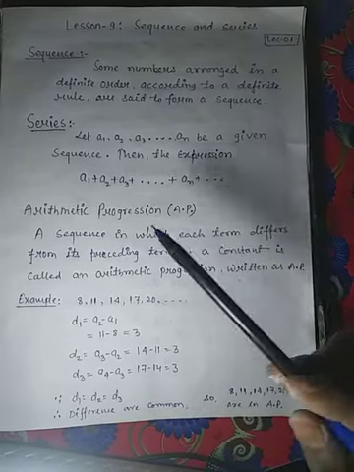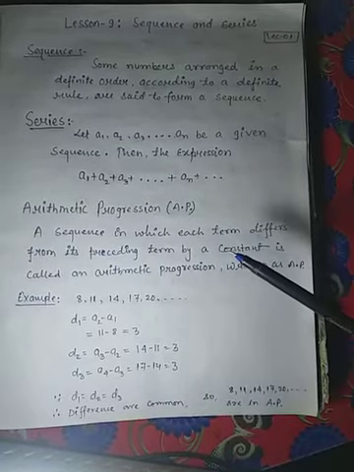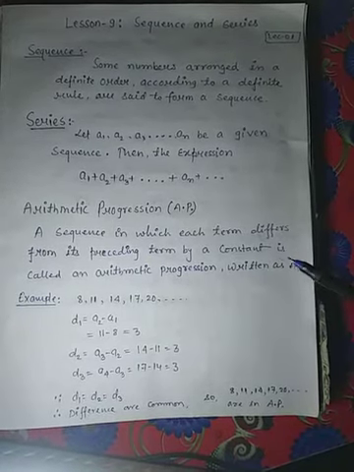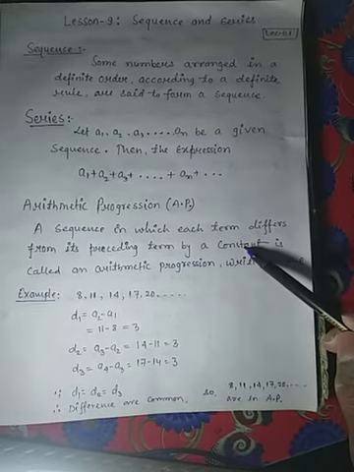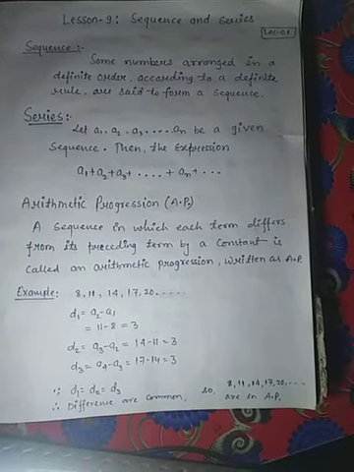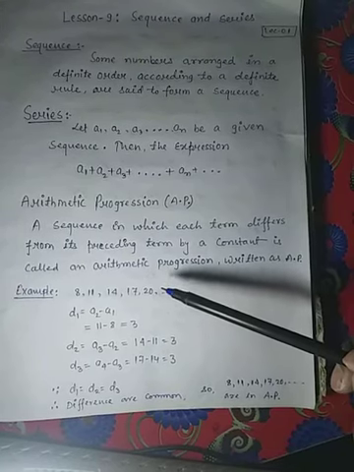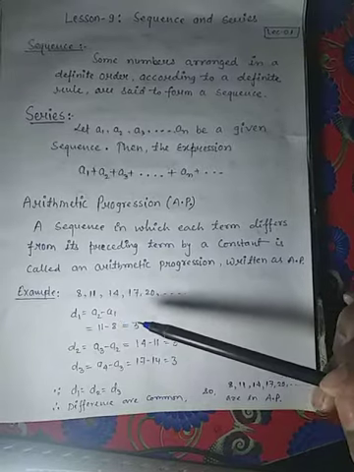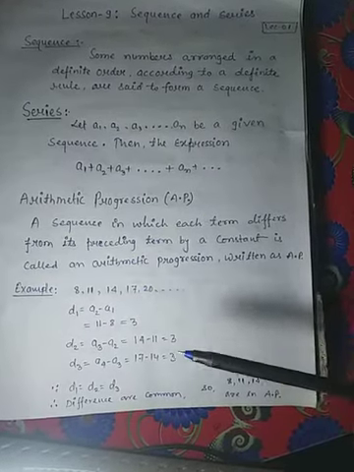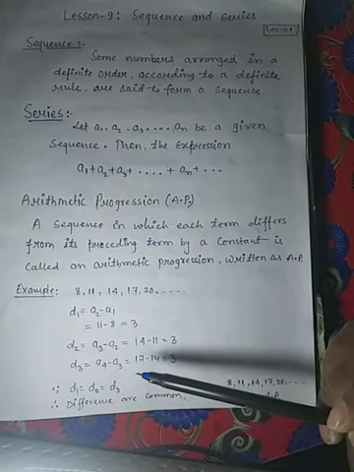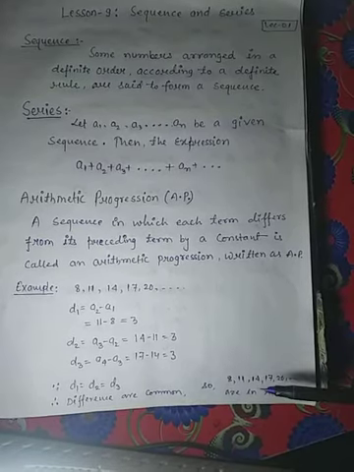अरिथमेटिक प्रोग्रेशन क्या होता है? A sequence in which each term differ from its preceding term by a constant is called an arithmetic progression written as AP। अगर सभी टर्म्स का डिफरेंस अगर कांस्टेंट हो तो हम उस सीक्वेंस को अरिथमेटिक प्रोग्रेशन कहते हैं। जैसे 8, 11, 14, 17, 20। फर्स्ट डिफरेंस जो कि A2 माइनस A1 3 है। सेकेंड डिफरेंस A3 minus A2 3। Third difference 17 minus 14 3। Clearly D1, D2, D3 all are same, difference are so constant, so the given sequence are in AP।